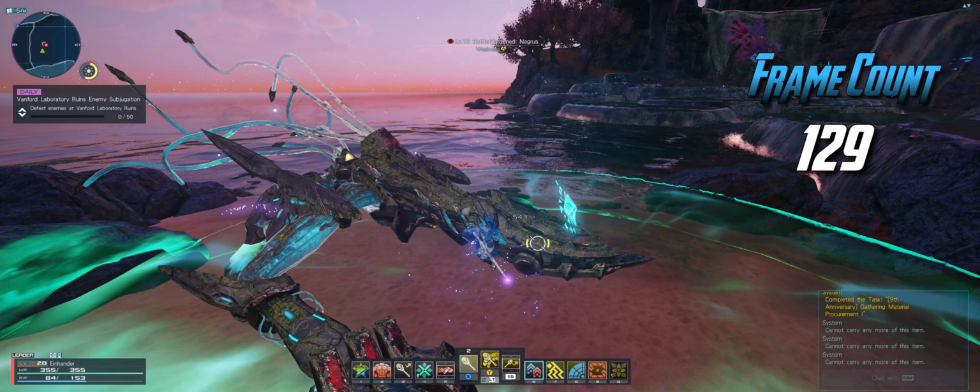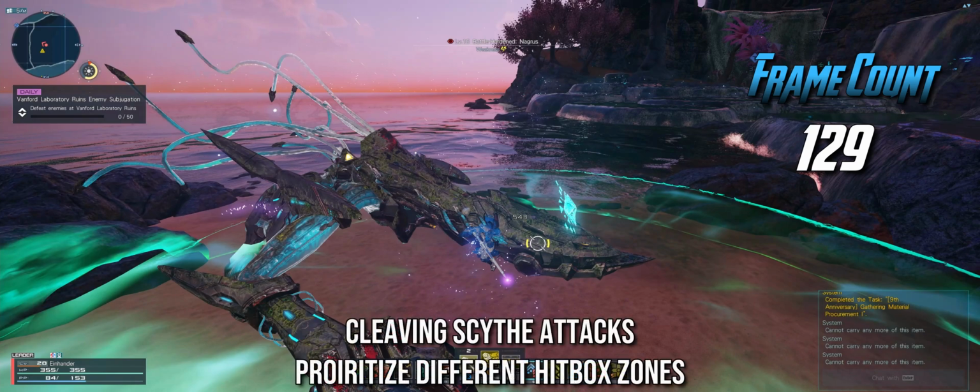What's happening here is that unlike the ideal distance where both strikes hit the core or the top of the head, in this situation, the first strike hits the head, the second strike actually targets the left paw or the left foot. I wanted to quickly call this out to get a better understanding of how Cleaving Scythe works